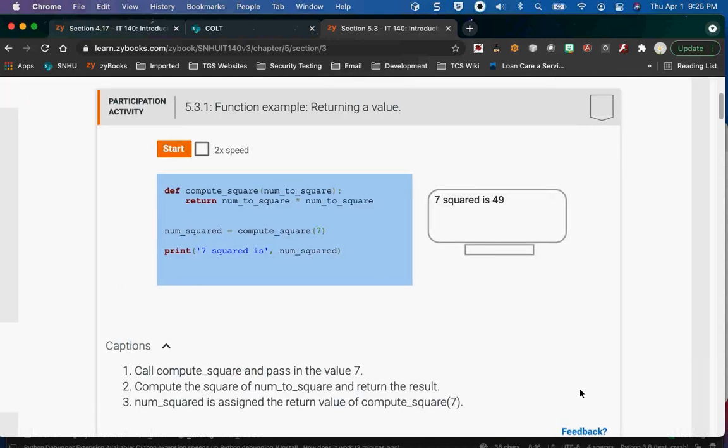A return statement always has to be the last statement in a function. Period, end of sentence. There can be no statement in a function after the return statement. What does a return statement do? It returns one or some number of values from the function back to the line of code that called it. And that line of code, as we're doing here, is the call to compute square, passing in